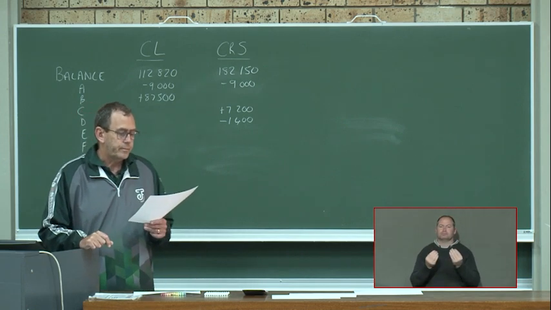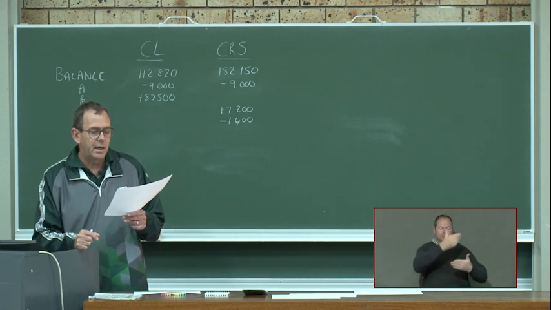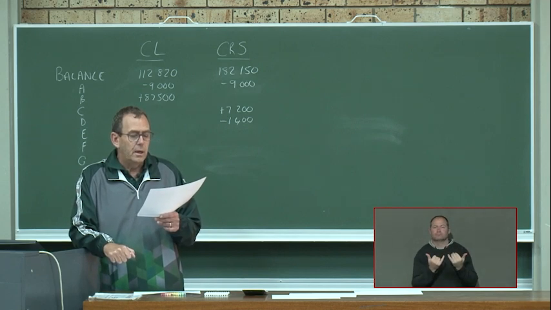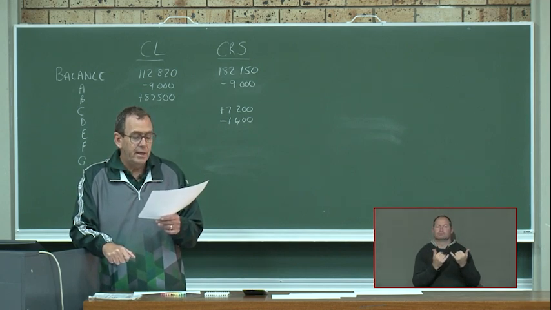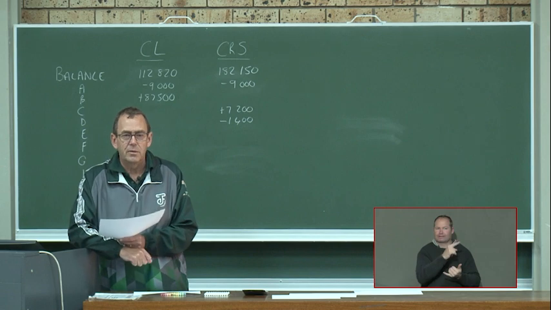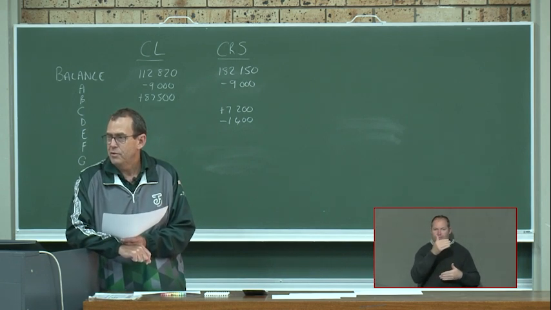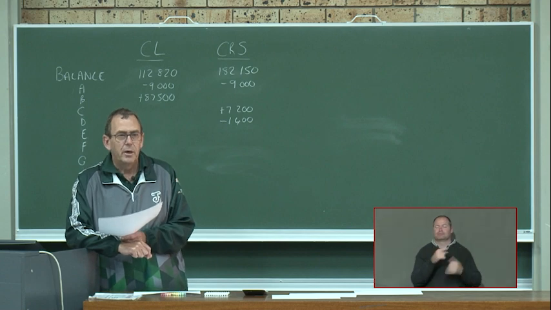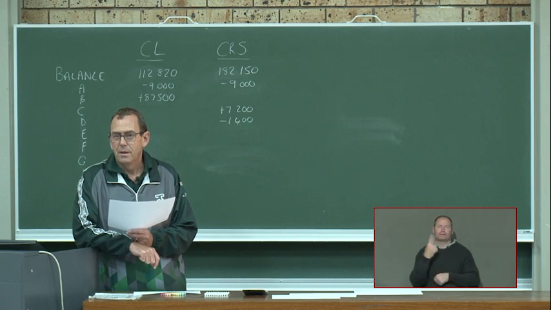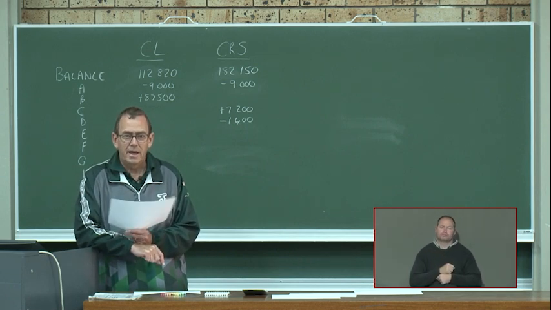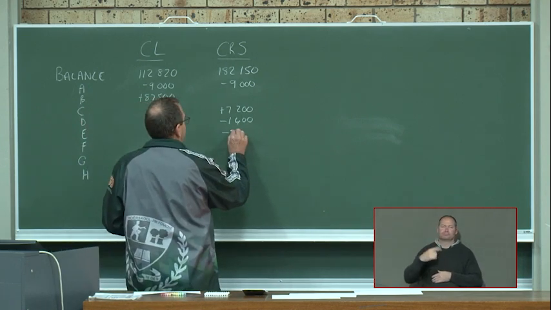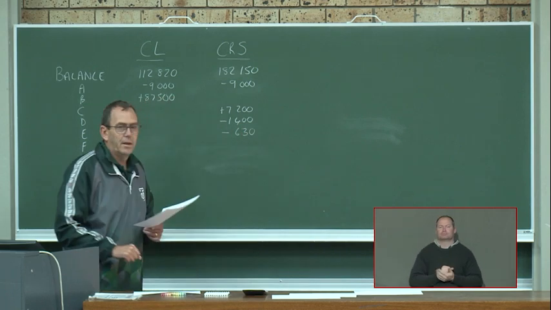Number E, the statement reflects interest of 630 rand on the overdue account. Valley Limited, in other words, acknowledged that an error had been made and promised to reverse the entry in the October statement. So they added interest, which they were not supposed to do, so they have to subtract it. Are we going to do it twice? Or only once? Only once, because it must just be cancelled. It's not that it was on the wrong side. So we must just cancel the interest, so they have to subtract 630.